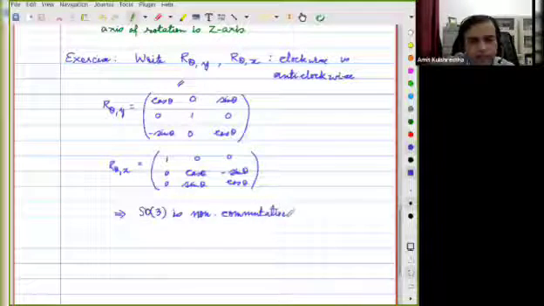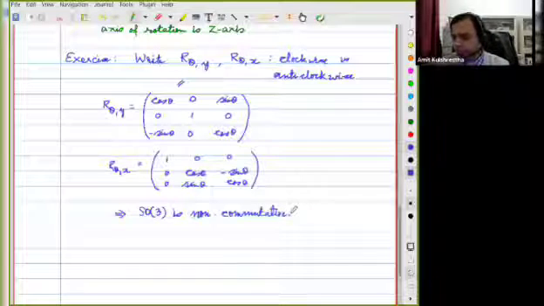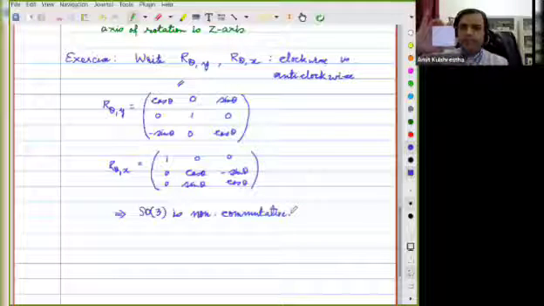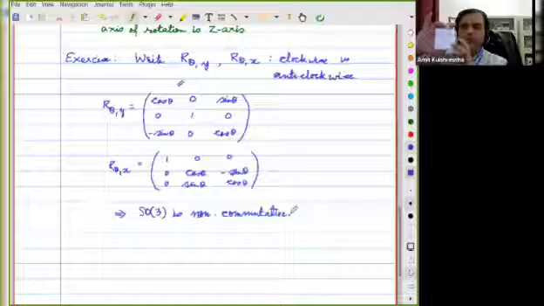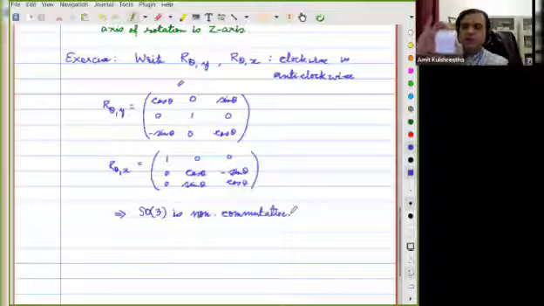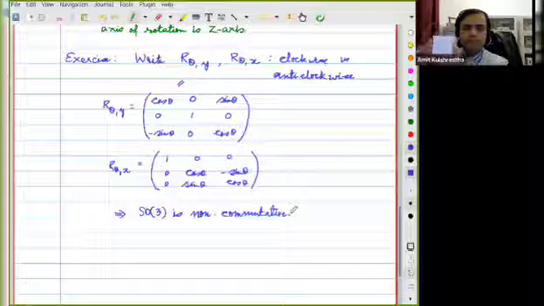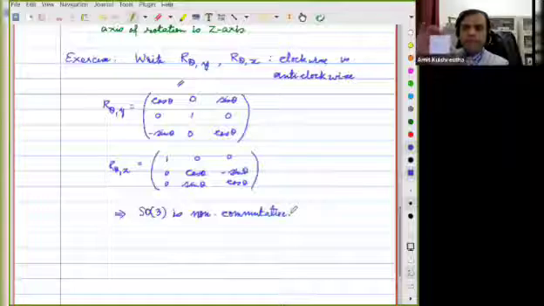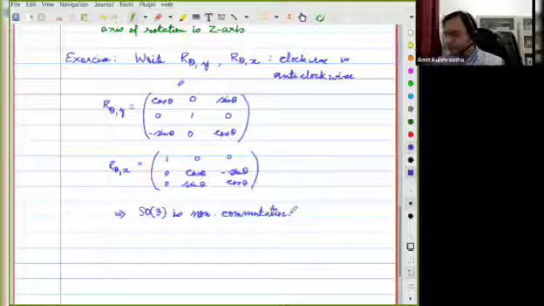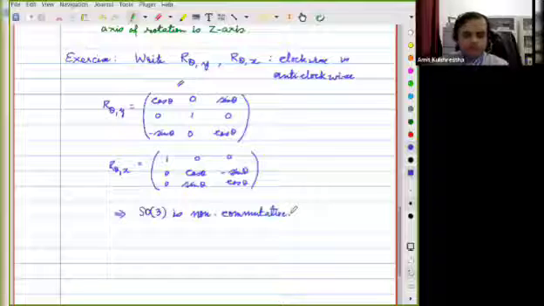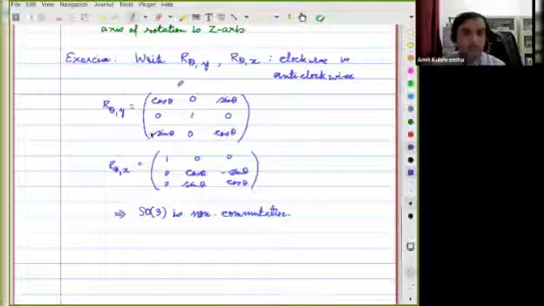In particular, if you take a cube and first take the Z axis, rotate by pi by 2, and then pick, say, the X axis and rotate by pi by 2, there is a final outcome. Or you first rotate by pi by 2 about the X axis and then rotate about the Z axis. The answer is going to be different in both cases.